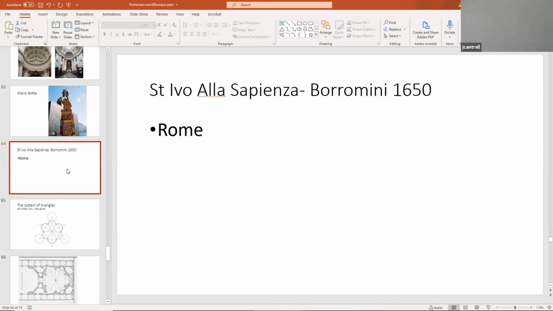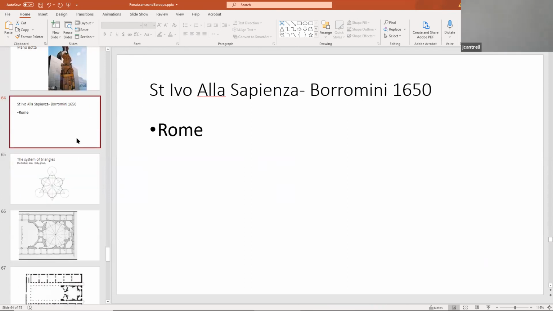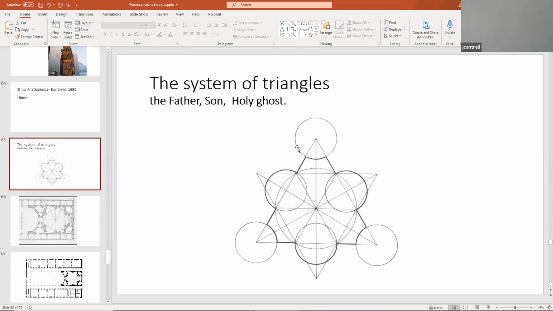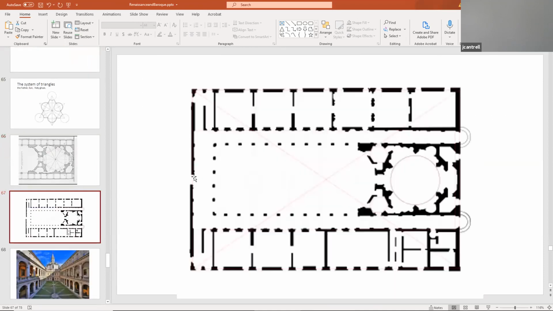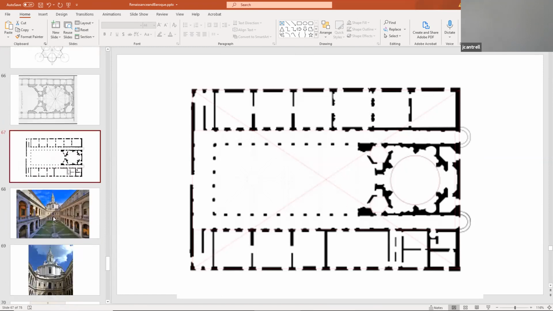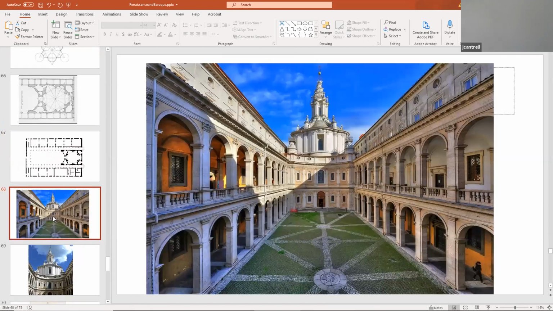I know I've shown this before, but these are just really worth seeing again. You can see that the geometry is more complex than some of the earlier classical and Renaissance proportions. If you look at the plan, there probably is a large golden section subdivided by squares and spheres. This is just a wonderful space to be in. This is right around the corner from the Pantheon in Rome.